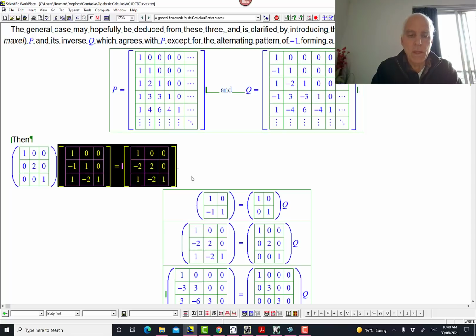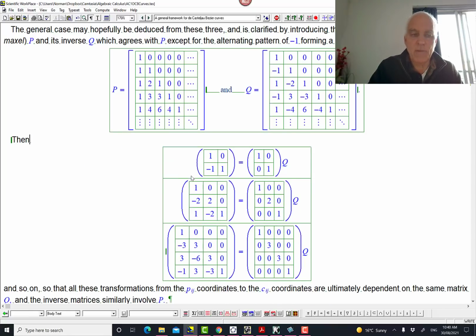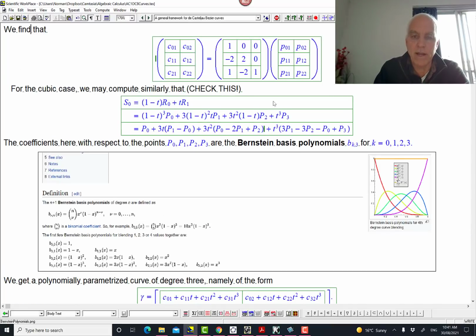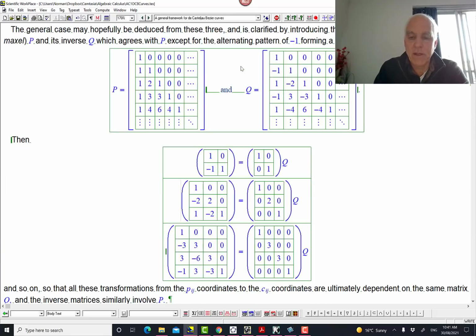Okay. So what that is then telling us is that there's a pattern to these matrices that we got. I mean, at first you might think, what's the pattern here? What's the relation between this 3 by 3 one and this 2 by 2 one? Well, a nice way of stating it is that it's all dependent on this single ongoing matrix Q. And we're basically taking top portions of this and multiplying them by these pleasant diagonal matrices, which just ultimately multiply rows by Pascal binary coefficients.